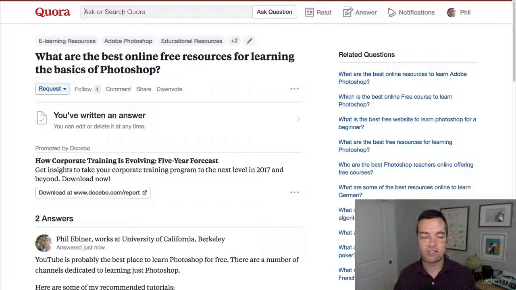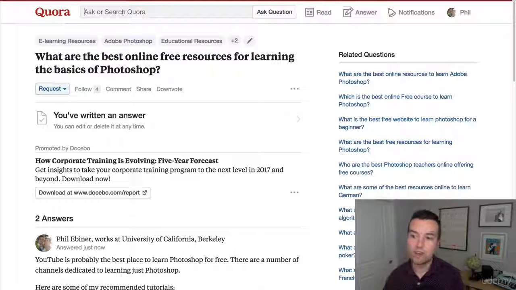But if people are asking general questions, don't just link to a blog article. Explain your answer in the Quora post, and then at the end of the Quora post, say if you want more information, or this is where I got this information, and then link to the resource itself. Images are great, and be consistent with it.